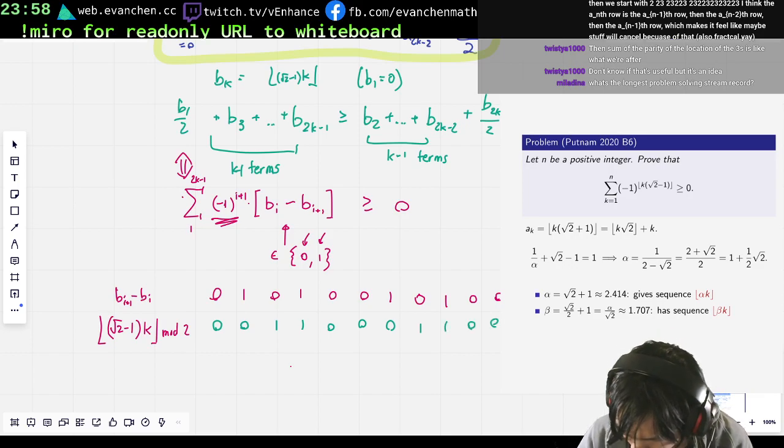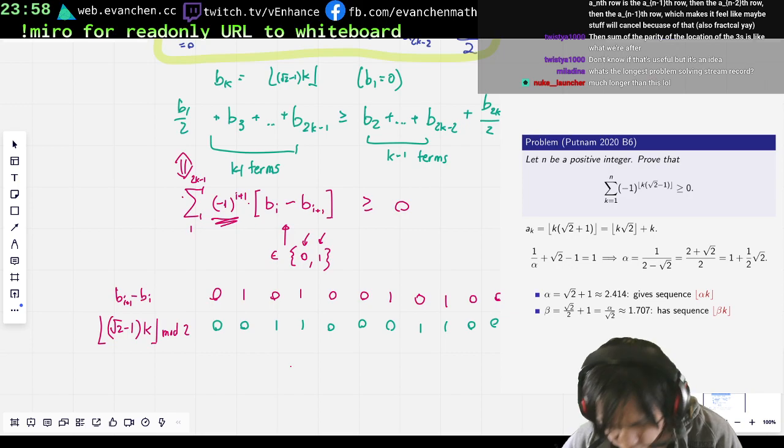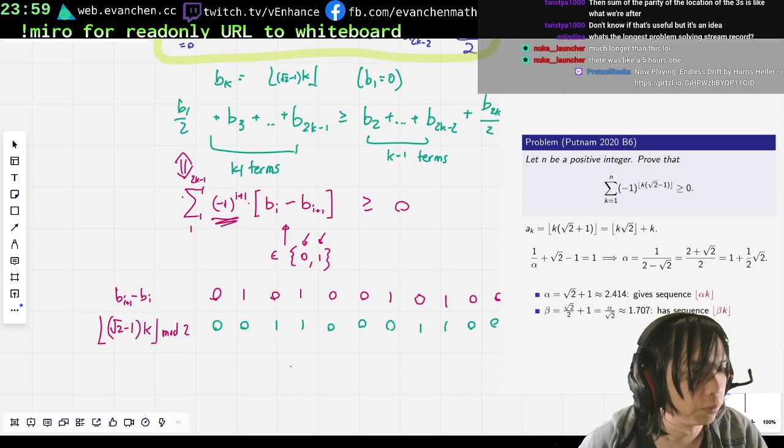Yeah, so I'm pretty sure these are the same sequence in some sense. What happens is, in the b sub I sequence,